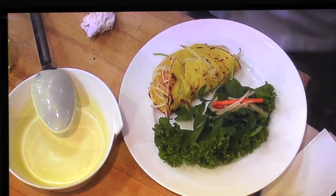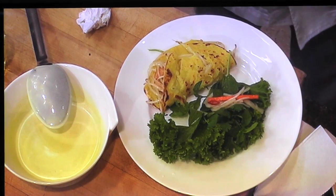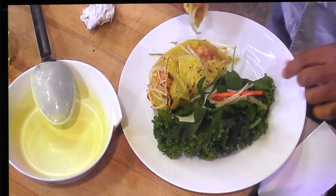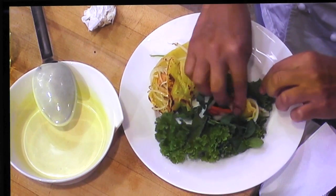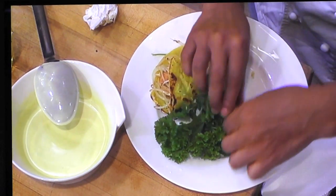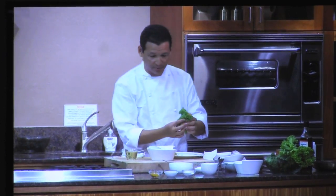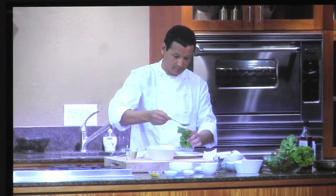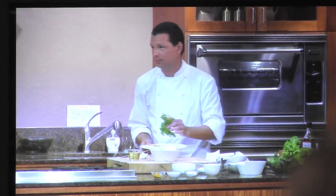Okay, so this is how you eat it, with chopsticks. No chopsticks, it's fine. Use my fingers. Use your fingers. Okay, thank you. You're going to go like this. You just tear a piece off, and then you roll it. And then you just dip it. I'm not going to dip it. I'm going to give it to you because you're so sweet to me. Oh yeah, now he wants to see the sauce drizzle down my